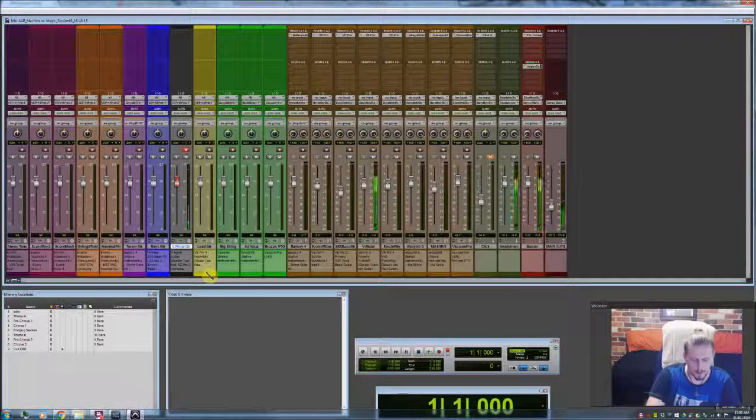Now I've got my 5th chord and my sharpened 5th, my flattened 5th.